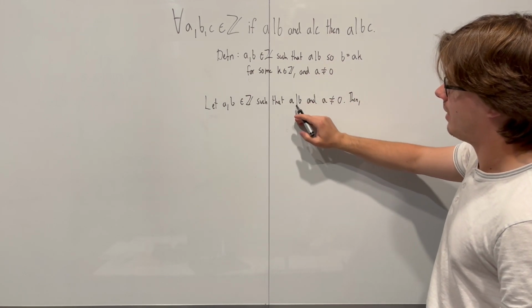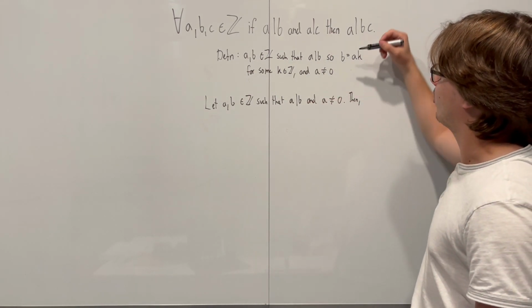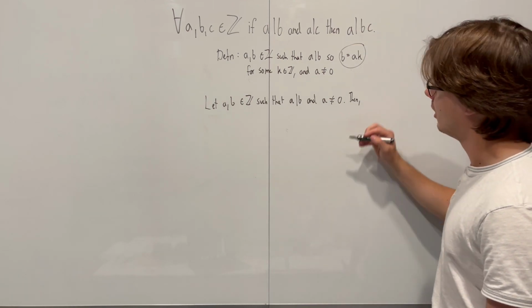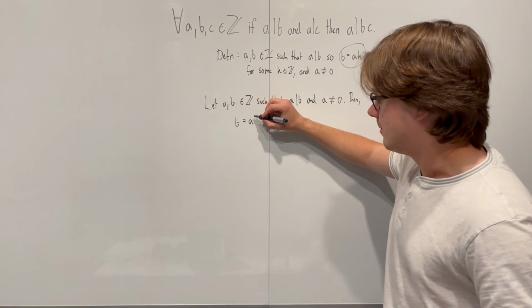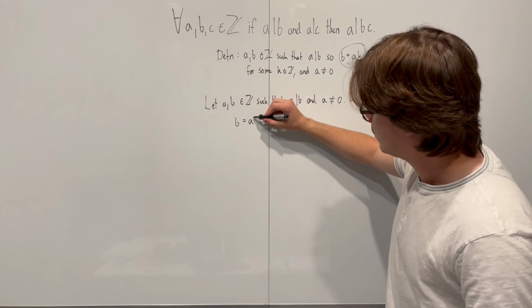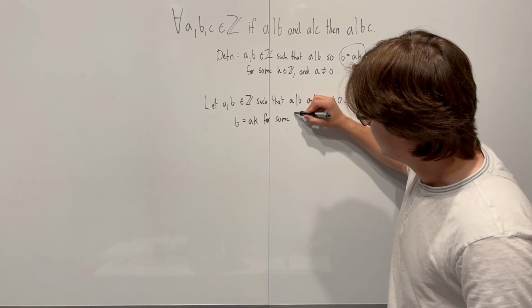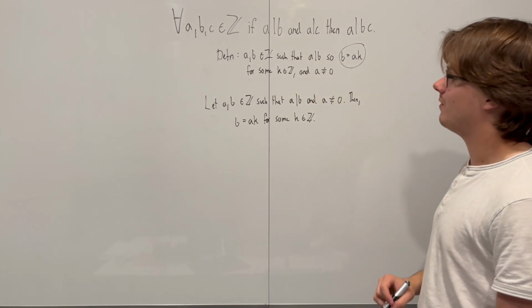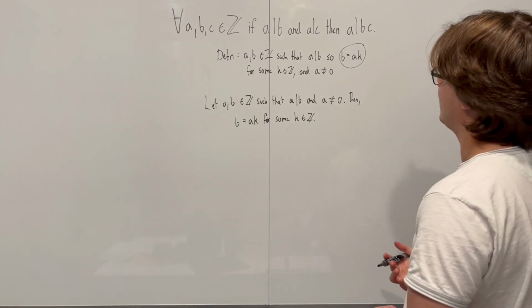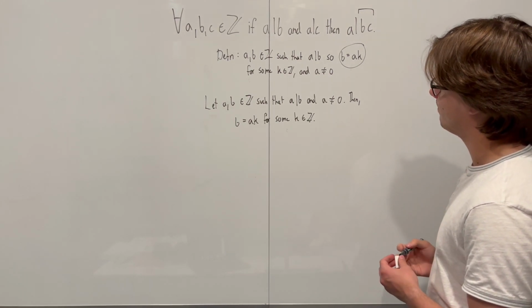Then, now we want to unpack what we mean by divisibility. We can't really use this in math, so we want to put it in a form that looks like this up here. So we say then b divides a, b is a multiple of a, where b can be written as a times k for some integer k. Now that we've defined everything and supposed everything we needed to, we can now check if this down here,